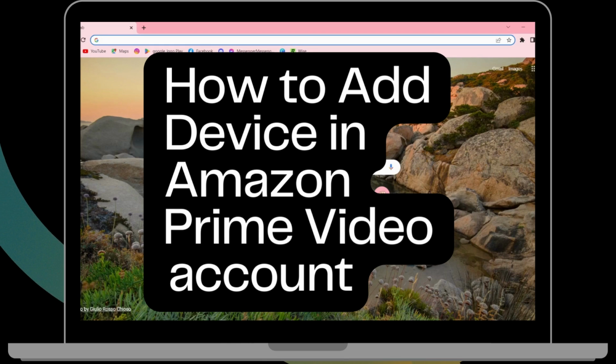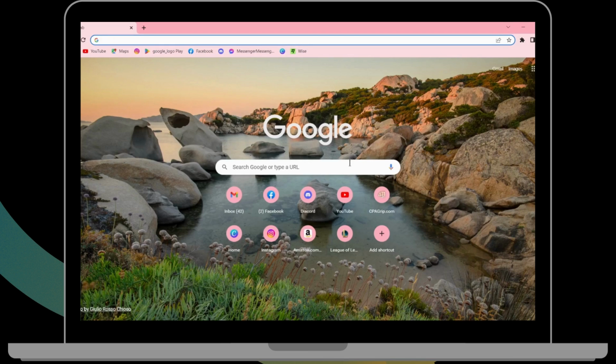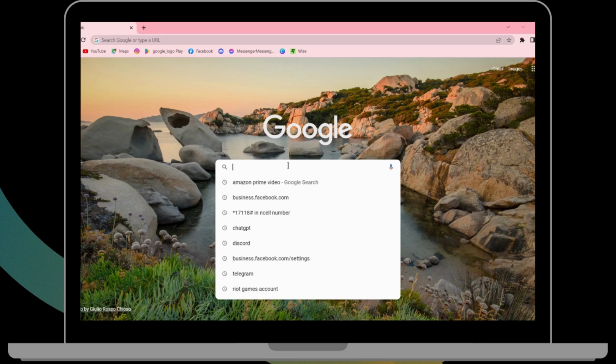How to add device in Amazon Prime Video account. So if you want to add a device, then first of all open up your Chrome browser, any browser that you're comfortable with. I'm here with Google Chrome browser, and then on the search bar search for Amazon Prime Video,